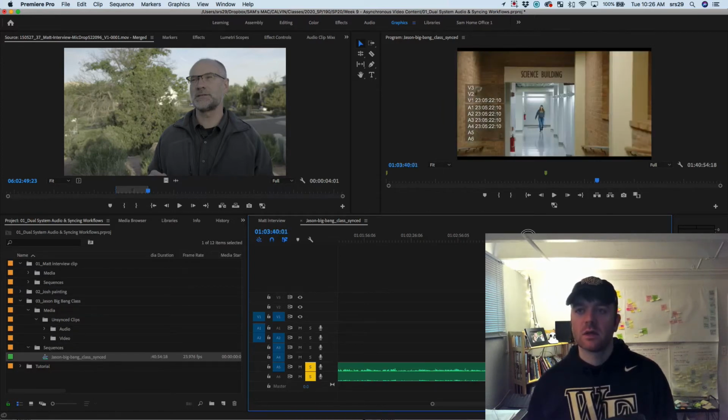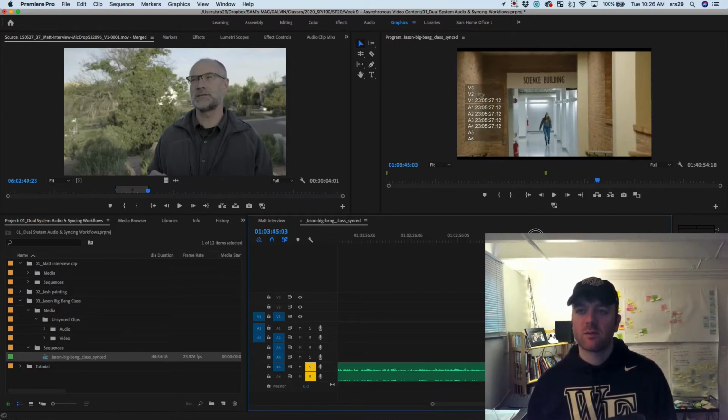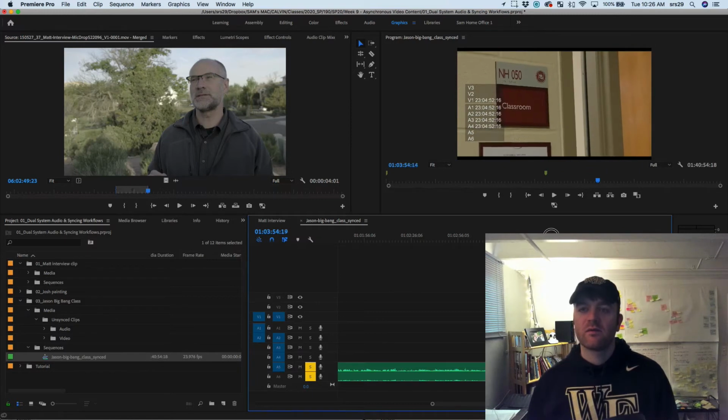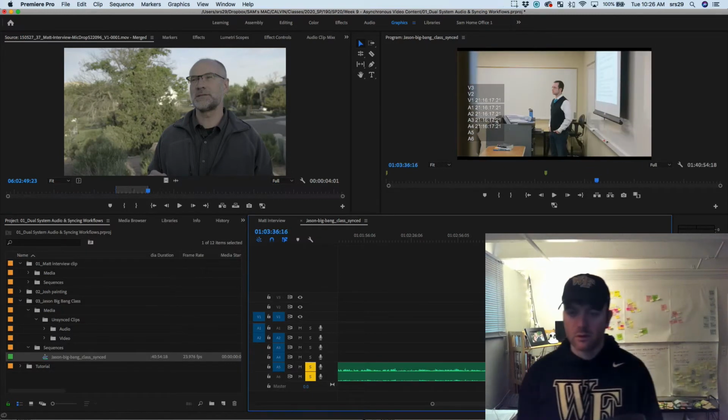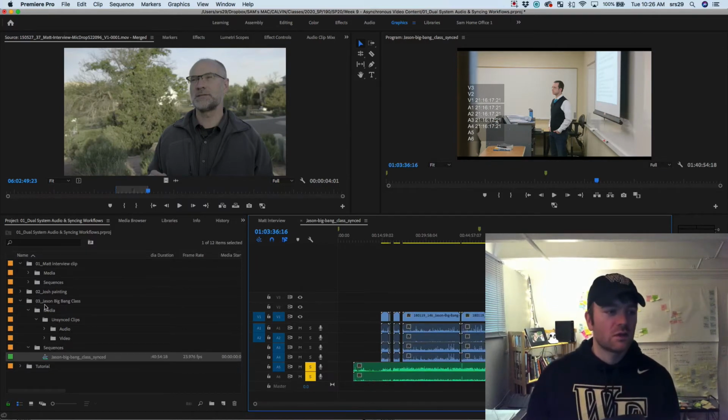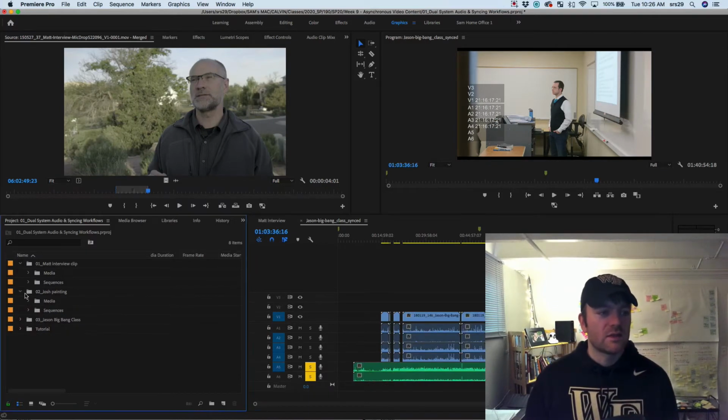So here are some establishing shots that I took from outside the class. Obviously it's not going to find any audio that it can sync up here, so it color codes them pink. Let's use a slightly less intense example that might be more similar to something that you would shoot. Here